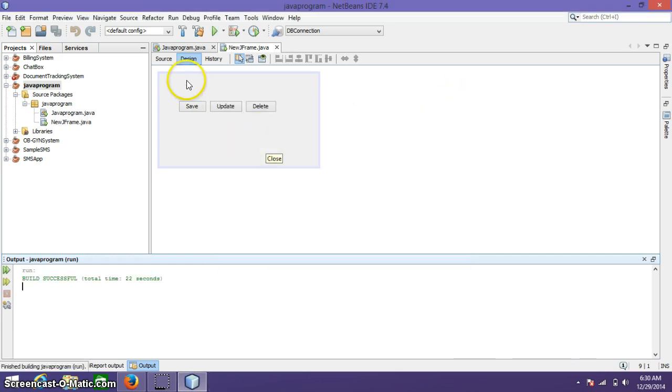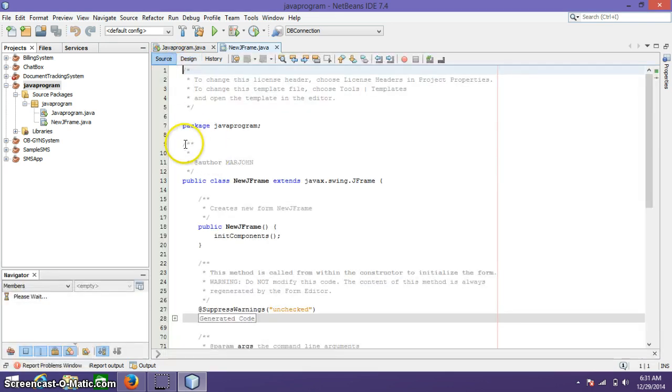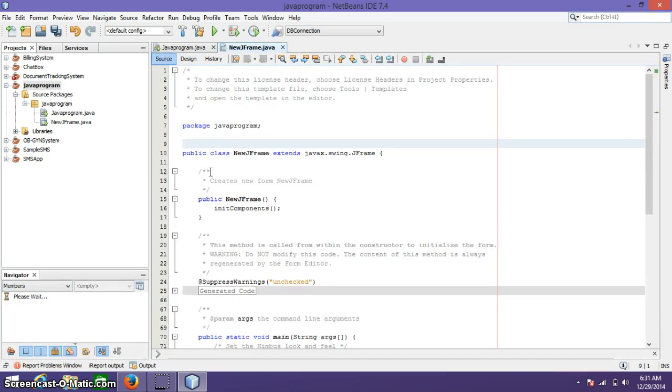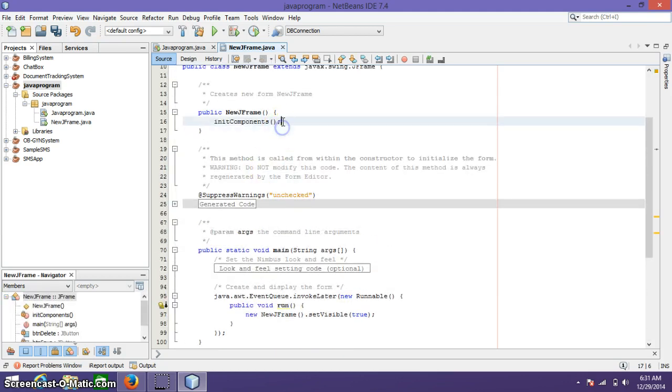So close this and let's go to the source code. Our target is that once the JFrame is open, the three buttons automatically execute their own settings or code. Our target is the update and delete.